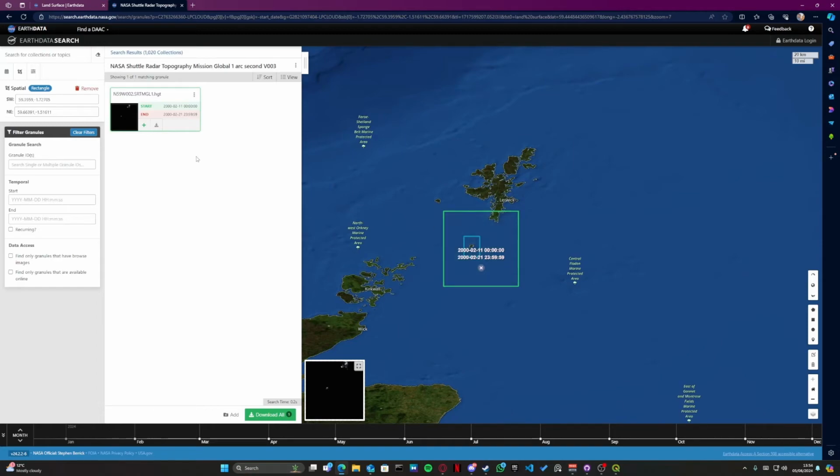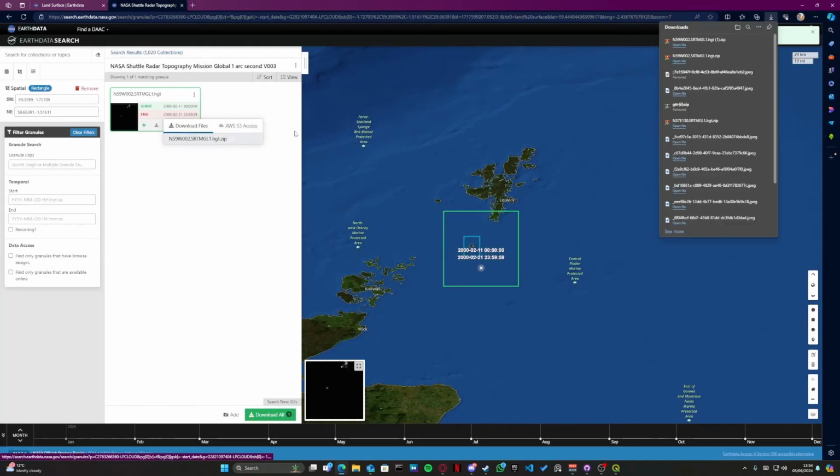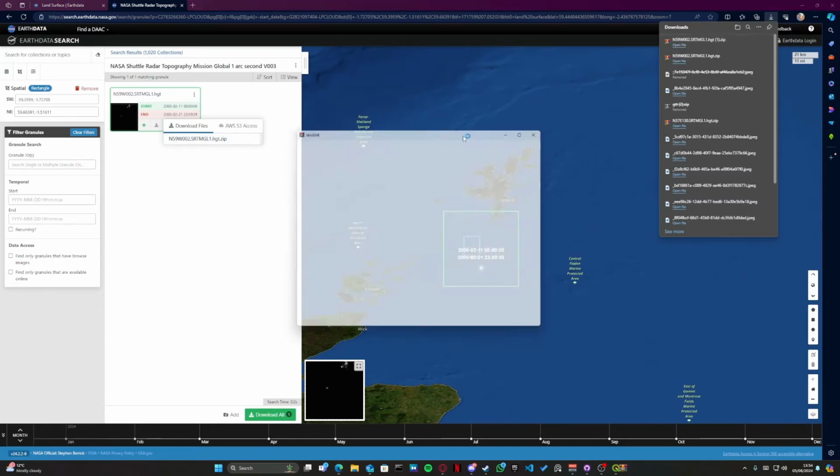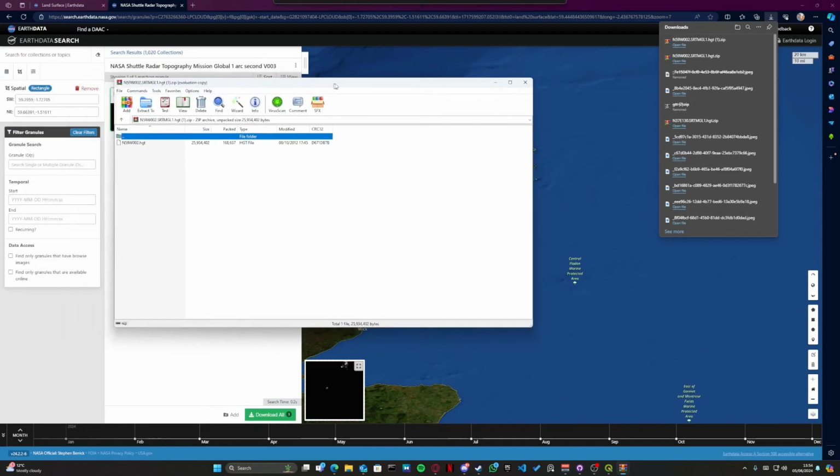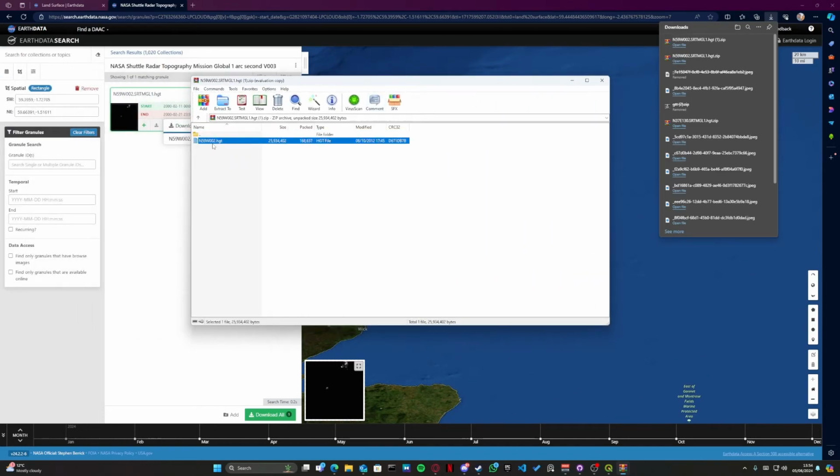Okay, so we're going to go here and select this download button, and download it. There we go. As you can see, I already tested this, so I've got a number 1 there. So what we're going to do here is open that file. We're going to open that file, and here you see the